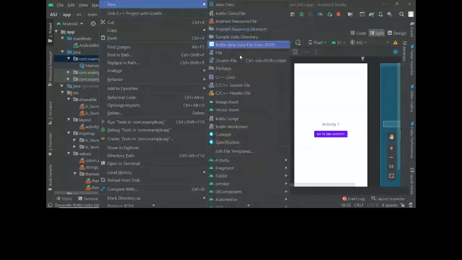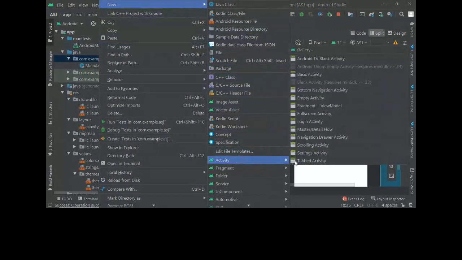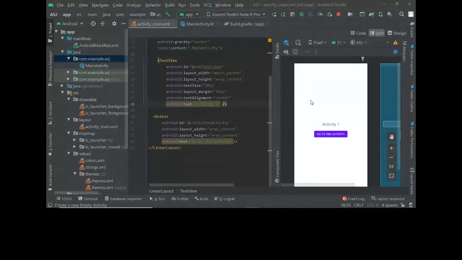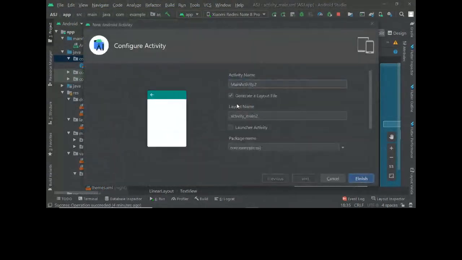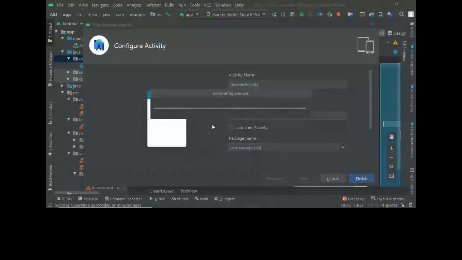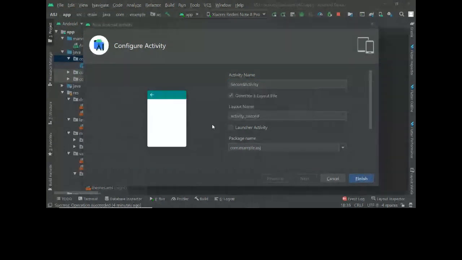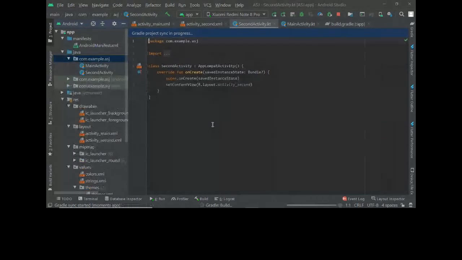We'll add new activity, and we'll do empty activity first. Let's call it second activity and finish. And that is second activity created.